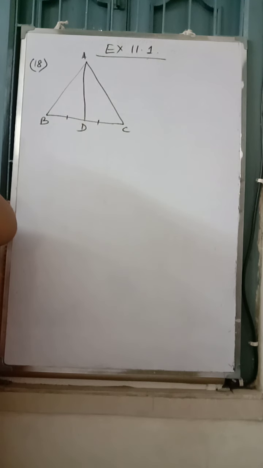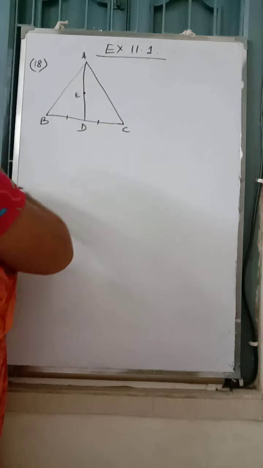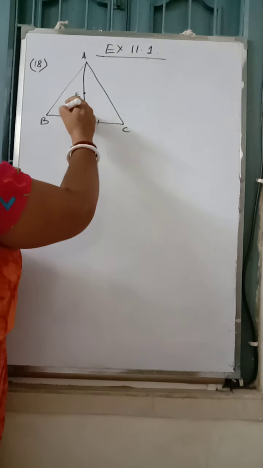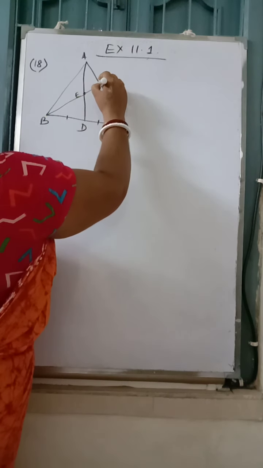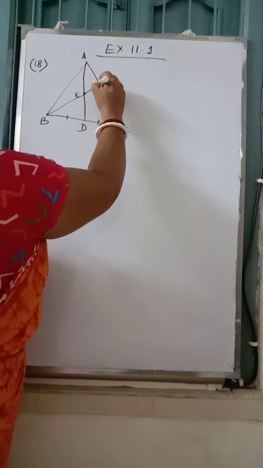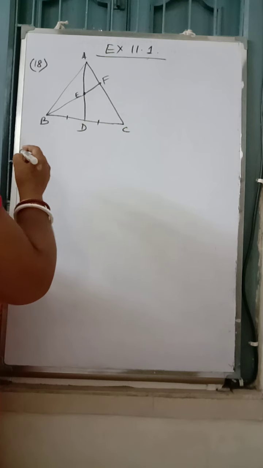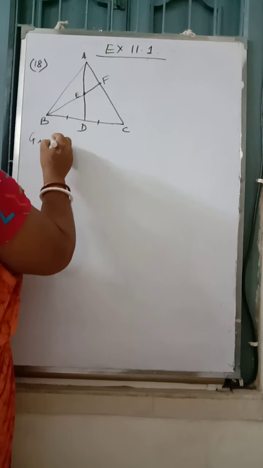Now again it says E is the midpoint of AD. Next it says BE is joined and produced. So BE is joined and produced to cut AC at F. To prove AF to AC, given